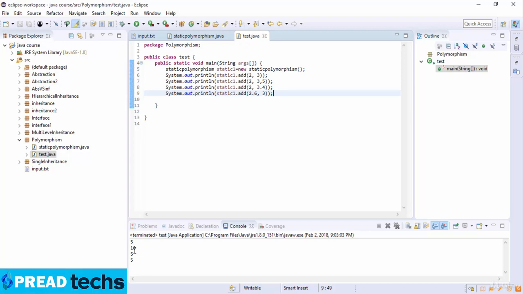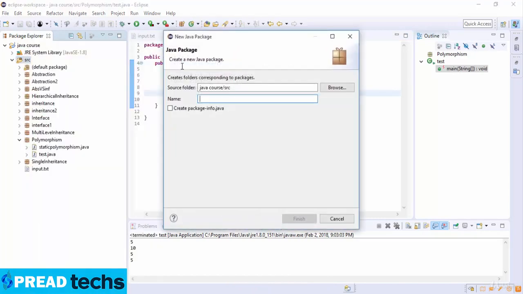So now we just see the example of dynamic polymorphism. Suppose a subclass overrides a particular method of a superclass. Let's say in this program we create an object of a subclass and assign it to the superclass reference. Now if we call the overridden method on the superclass reference, then the subclass version of the method will be called. So now here I just create a package